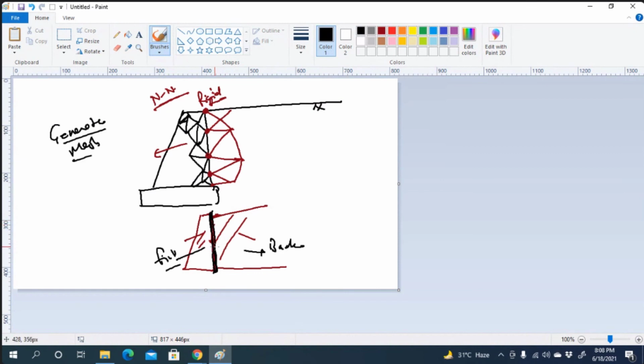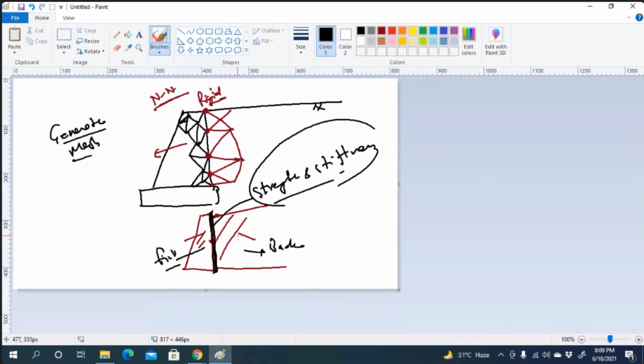And this depends upon the properties of the interface element. You decide based on the strength and stiffness. The strength and stiffness characteristic of the interface element is decided based on the amount of movement that you expect. Whether you expect a smooth movement, like suppose you assume that the back of the wall is smooth and there's an easy slip, you accordingly give the properties so that it slips easily.